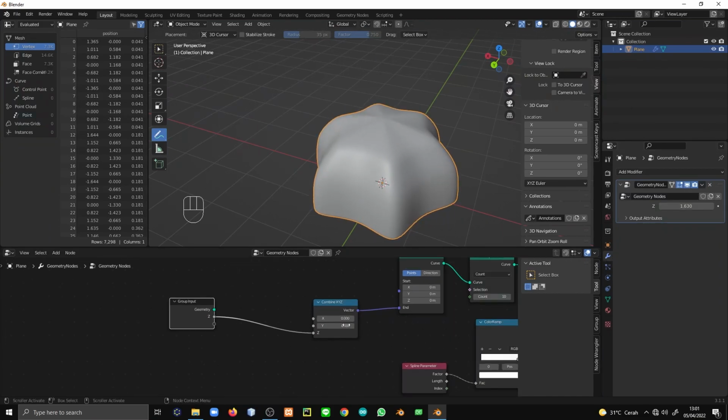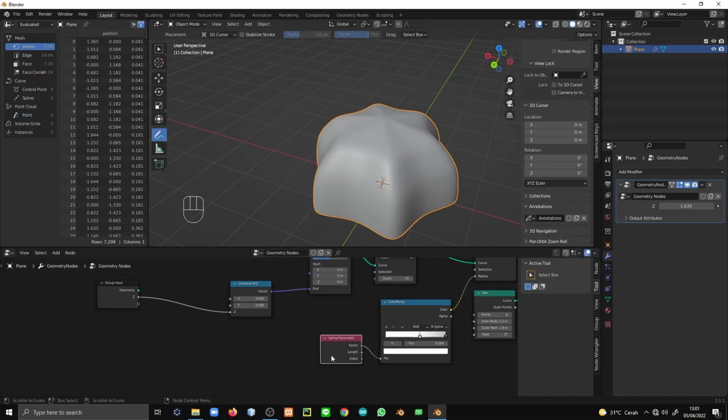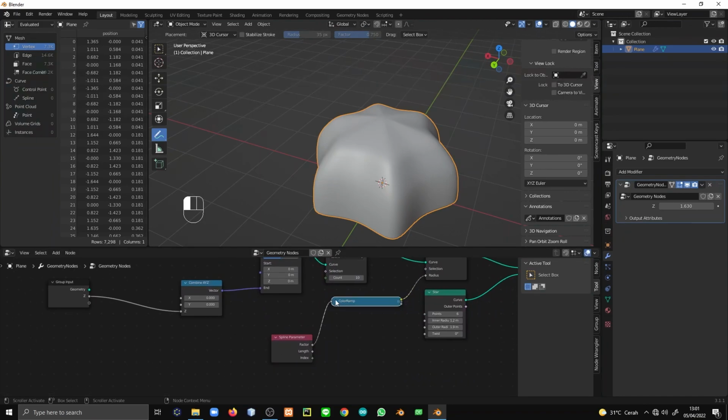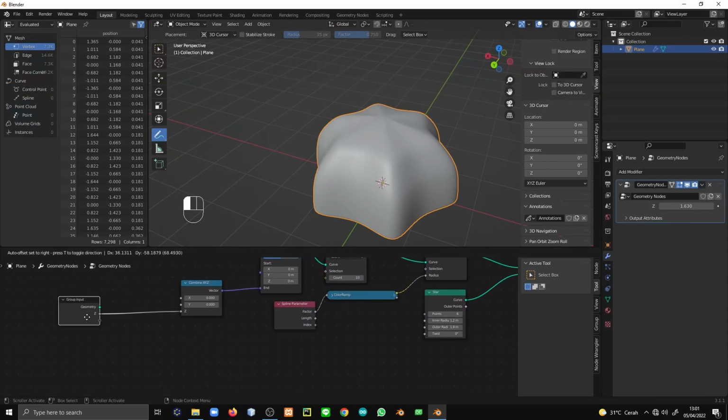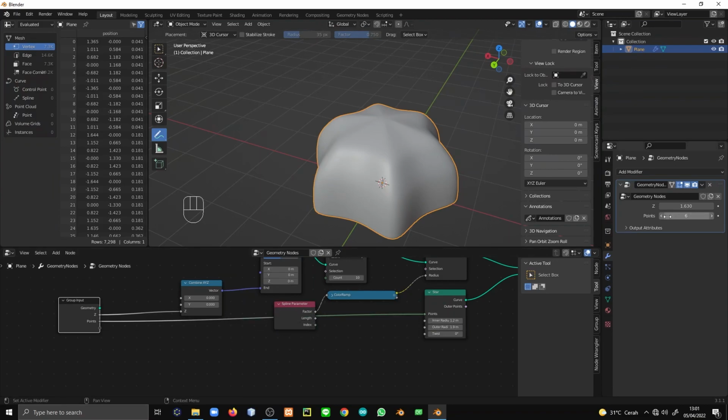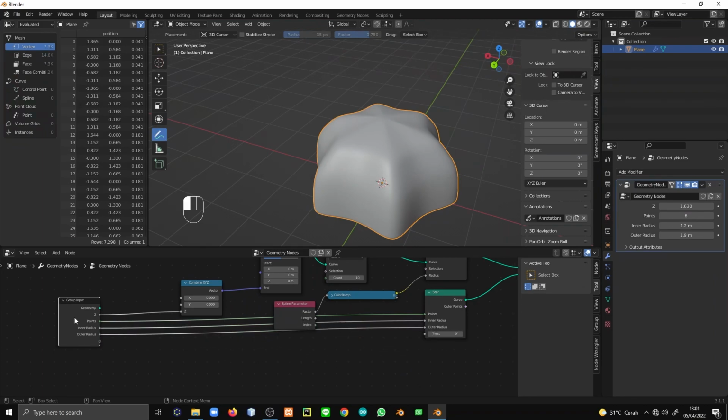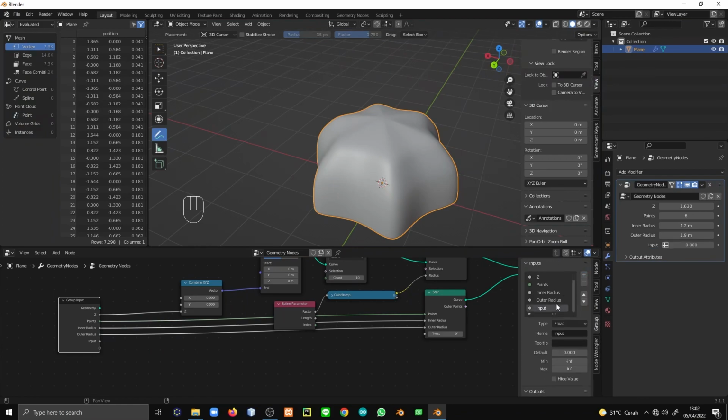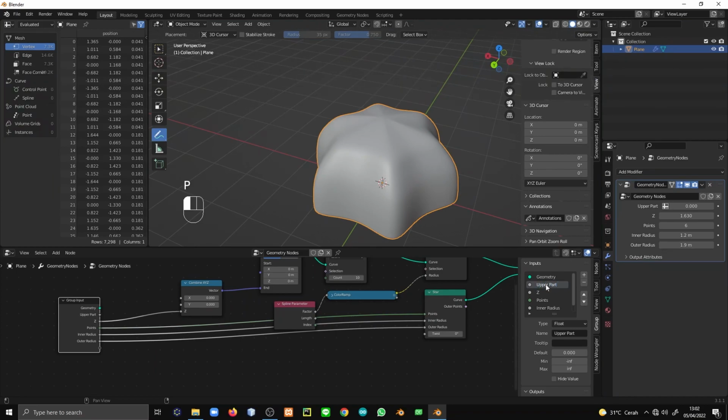Look at this. And then we also want to control the, wait, where is it? Oh, here it is. The points. Like this. And then the inner radius and the outer radius. Upper part, and then hide the value so it doesn't